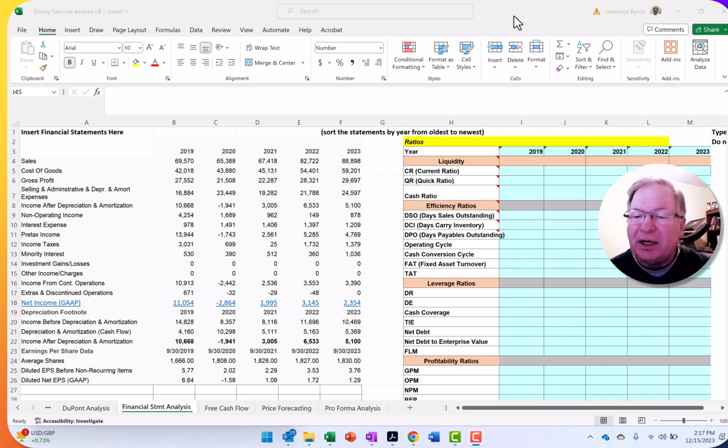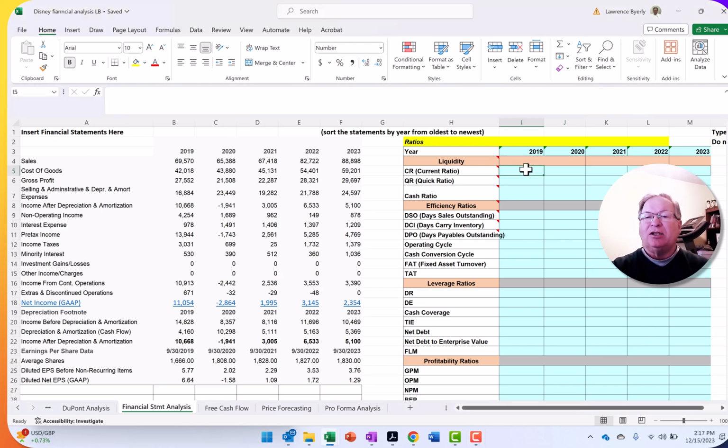In this final video for getting our data ready for us to do some financial analysis, we need to create the ratios, right? So we need to do some calculations over here. So quite simply, all you're going to do is for the first column, you will insert and find the formulas. Now,